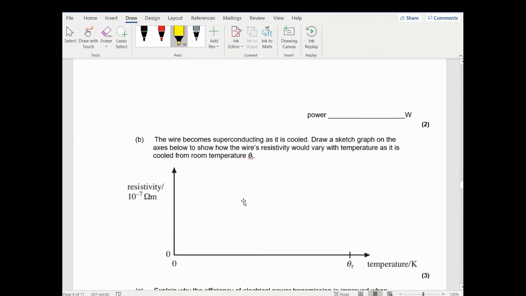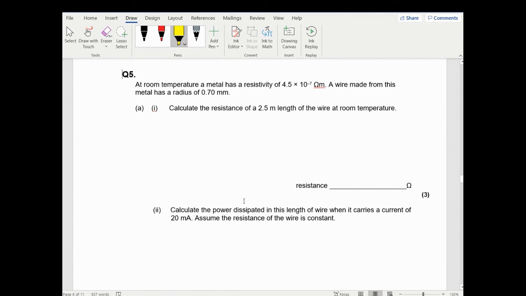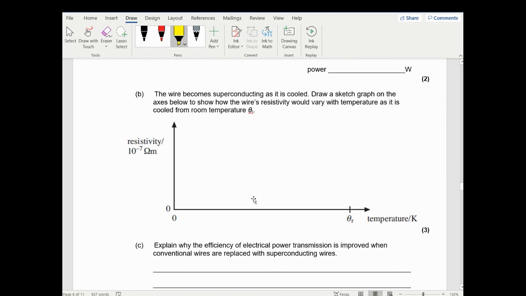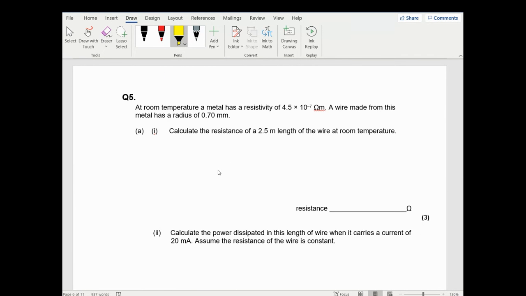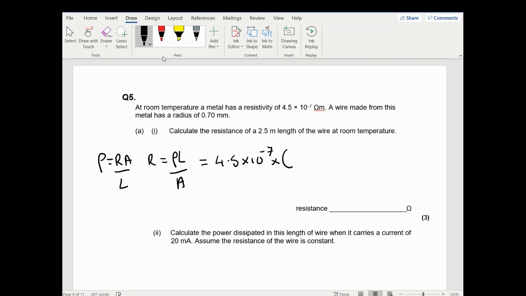Okay, so question 5. Again, another resistivity question, but there's a bit of superconductors in here as well. So a room temperature metal has a resistivity and a wire has a radius of 0.7 millimeters. Calculate the resistance of 2.5 meters. So rho equals RA over L, so R equals rho L over A. So I've got 4.5 times 10 to the minus 7 times, it's a wire, so I'm going to use pi r squared. They will tell you if it's anything different from a circle. So pi times 0.7 times 10 to the minus 3 squared all over